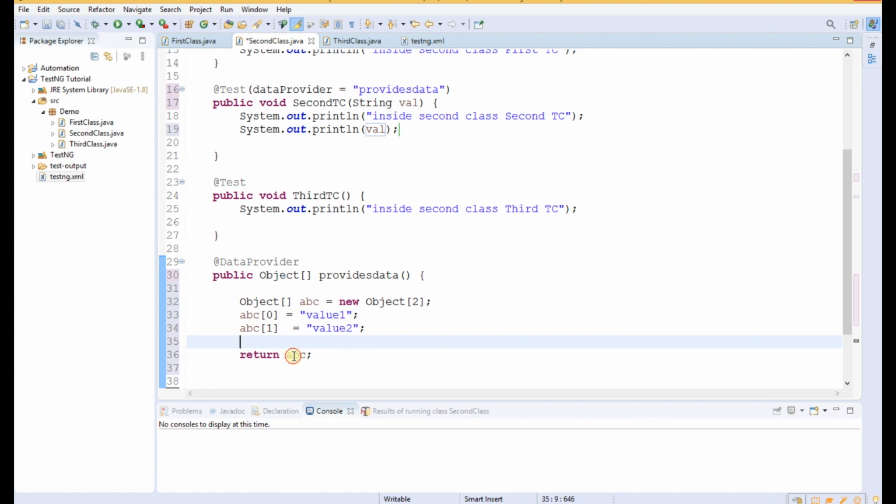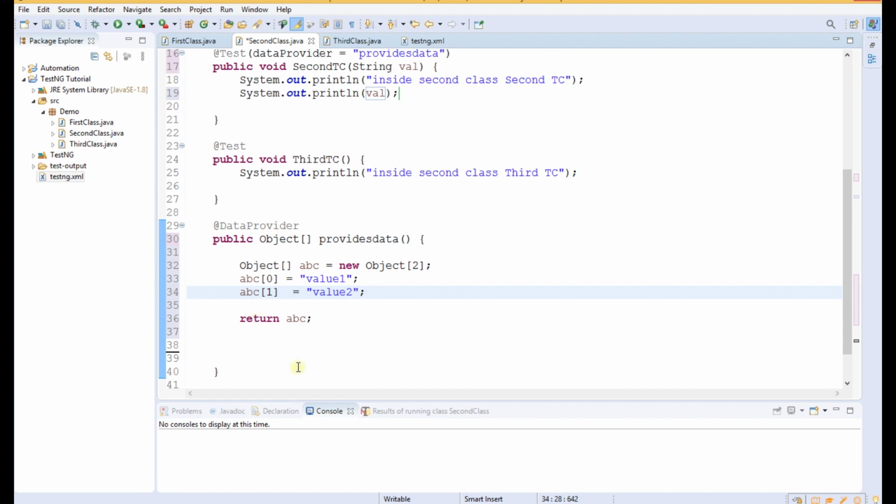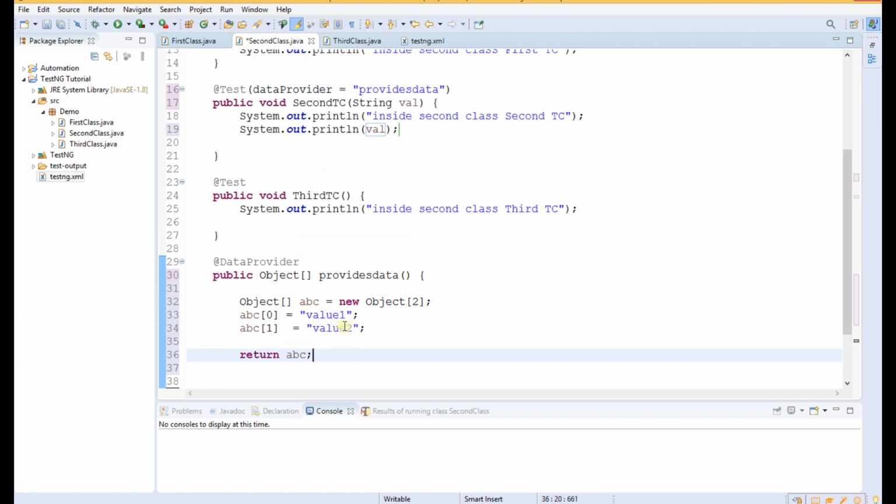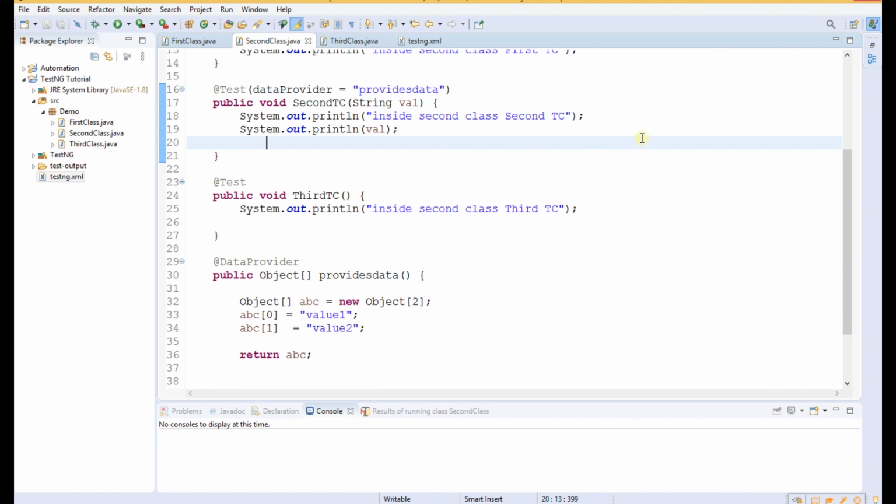The number of values present in the returned ABC array is the number of times the test case will be executed. Every time it will take a new value: in the first execution it will take value 1 and in the second execution value 2. If we have more values, then in further executions it will take the next value present in this object. So like this we can use data provider in our TestNG project.